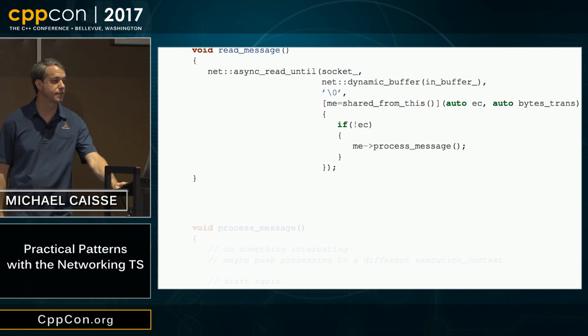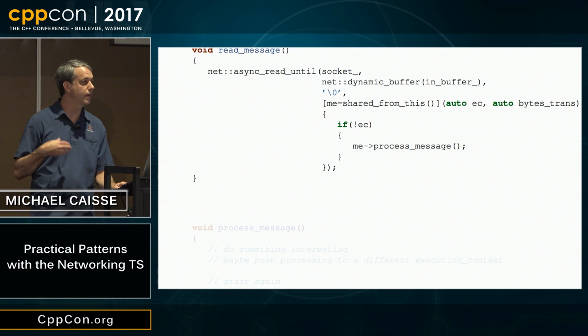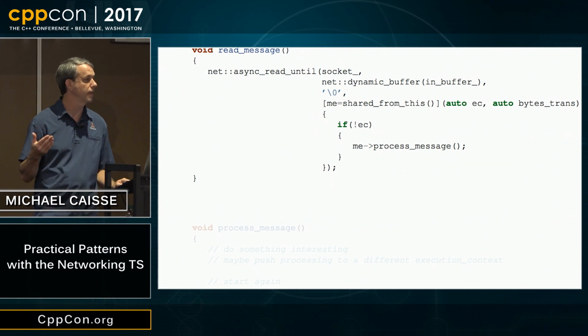So with async read until, when I form the lambda, I'm going to take shared from this and capture it. Now it's bound up in there, and that will extend my life.